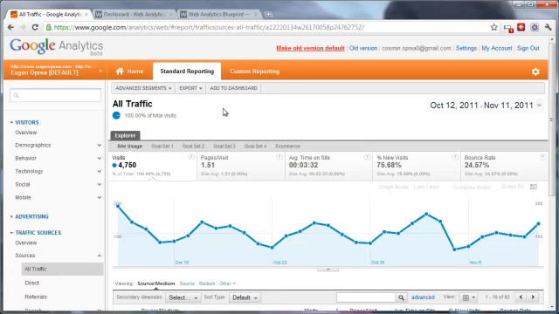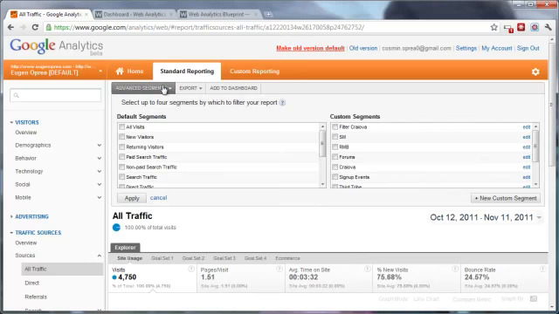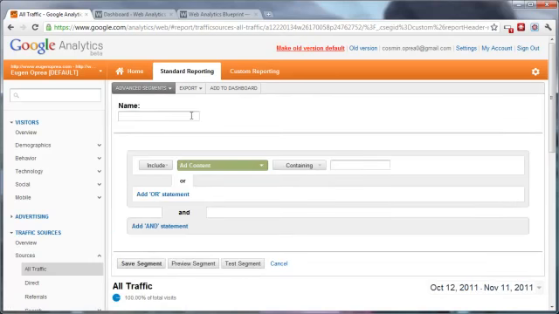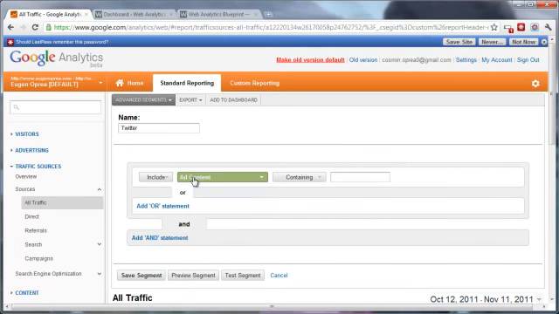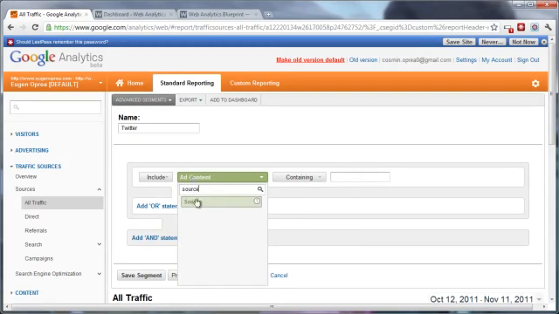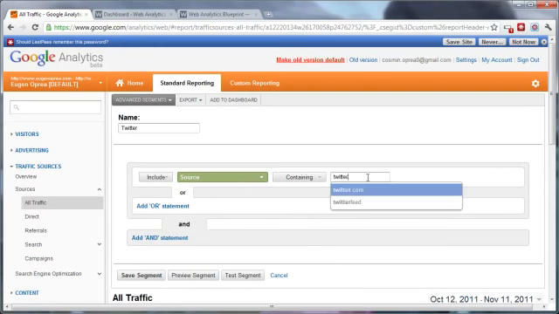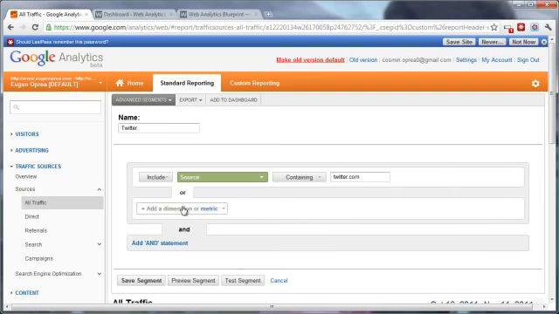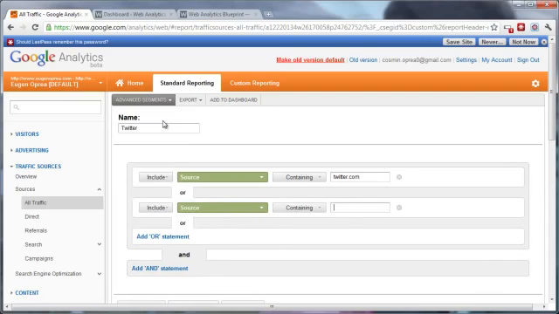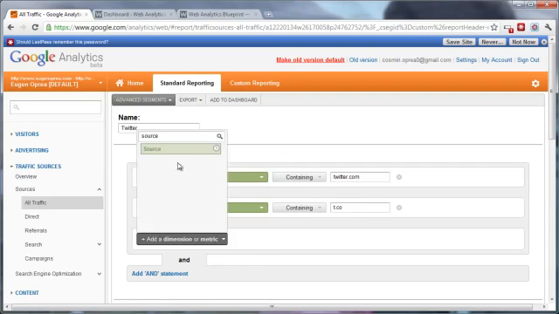To create an advanced segment, you need to go to Advanced Segments and select New Custom Segment. From here, you need to type in a name, let's say Twitter traffic, because we are going to create this segment for Twitter, and we are going to include the source as being twitter.com. Additionally, you'll have to add an OR statement because there are different sources that use Twitter. So the second one will be t.co, which is Twitter shortener, and you'll also want to include as a dimension